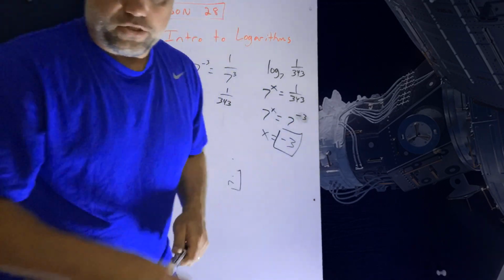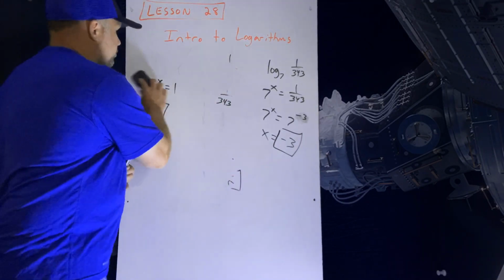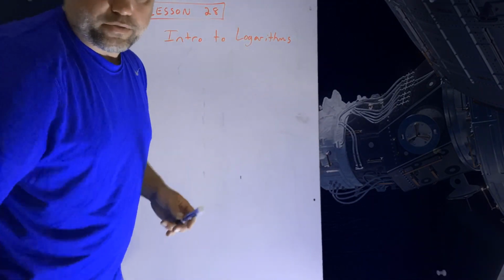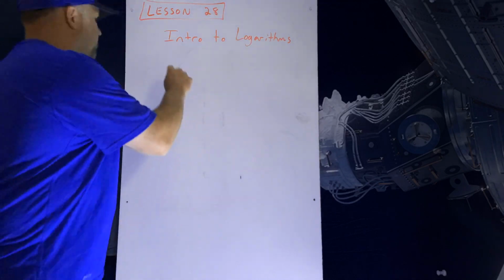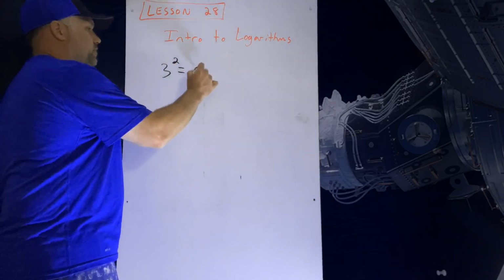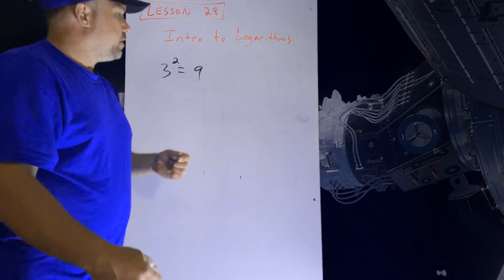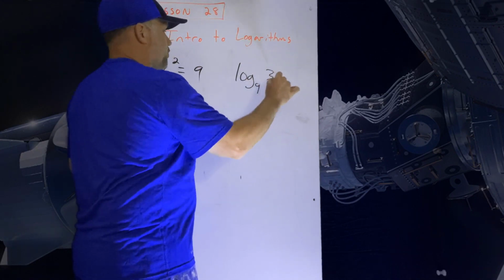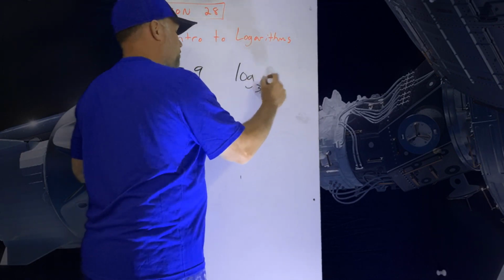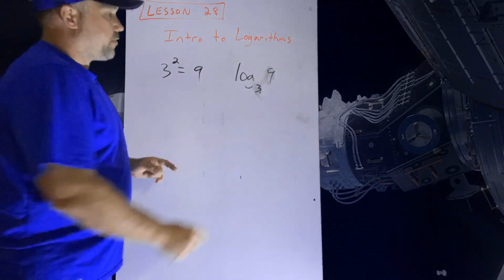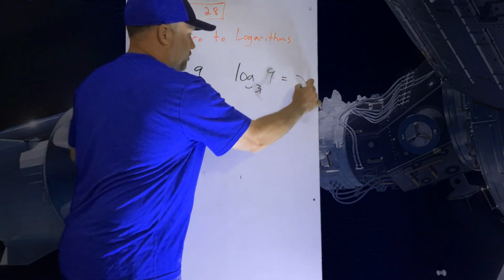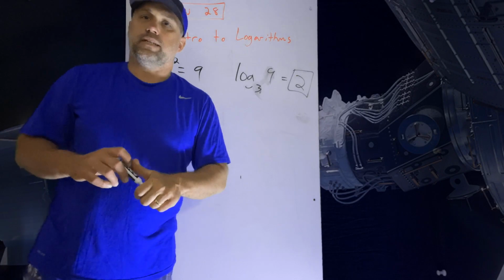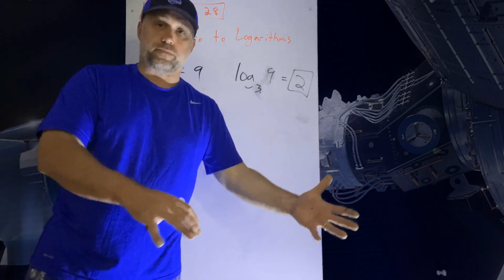Bottom line, though, is just know that logarithms produce exponents as their answers. So just going back to the beginning for 1 second. 3 to the 2nd power is 9. We know that because 3 squared is 9. But as a logarithm, we would be saying log base 9 of 3. Nope. Log base 3 of 9 gives us what? 3 raised to what power gives us 9? And the answer would be 2. So logarithms produce exponents as their answers. Instead of getting us an actual answer, they give us the exponent. So that's how logarithms